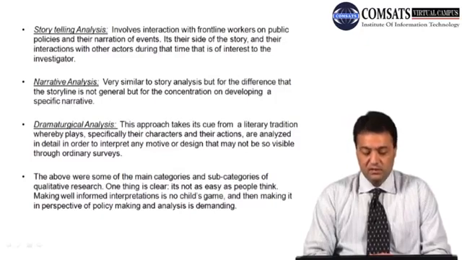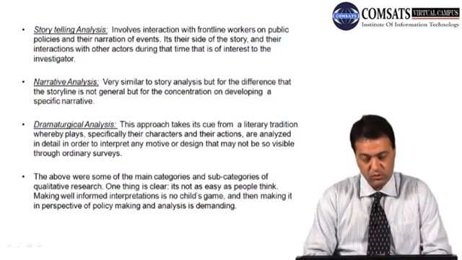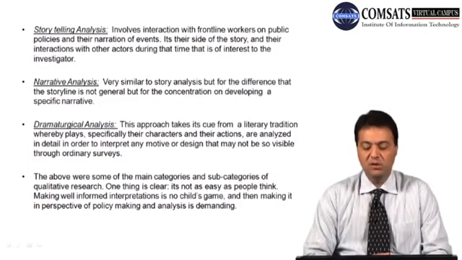Dramaturgical analysis. This approach takes its cue from a literary tradition whereby plays, specifically their characters and their actions, are analyzed in detail in order to interpret any motive or design that may not be so visible through ordinary observation. This is for those who have taken English classes or are doing their masters in English. This is pretty easily understandable. There is a literary tradition